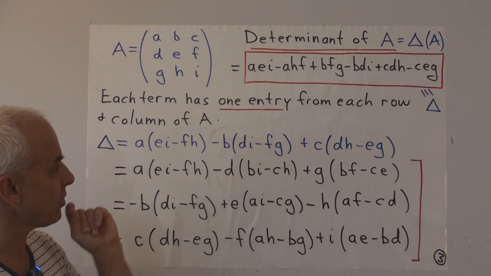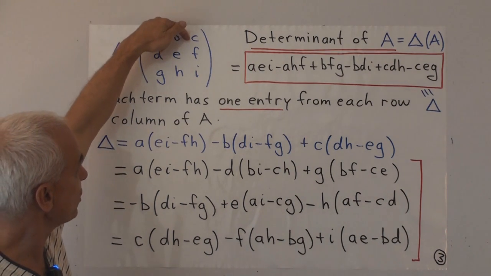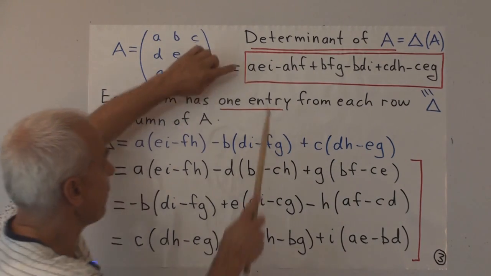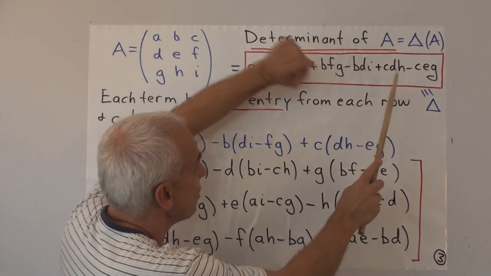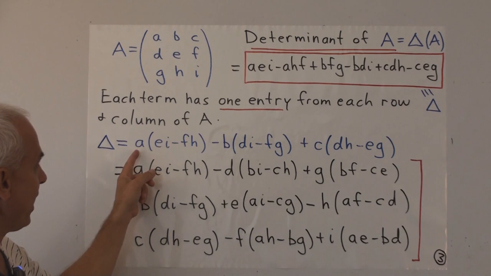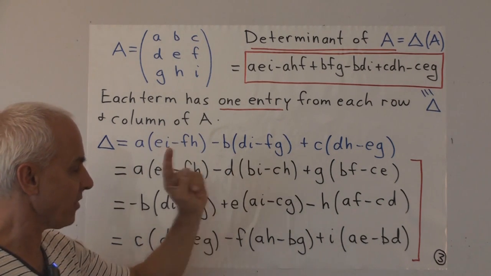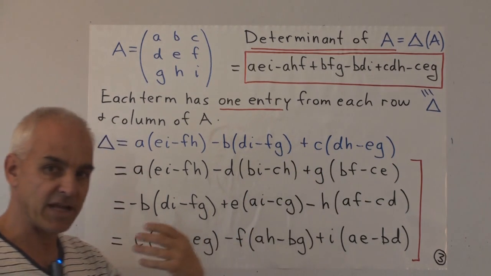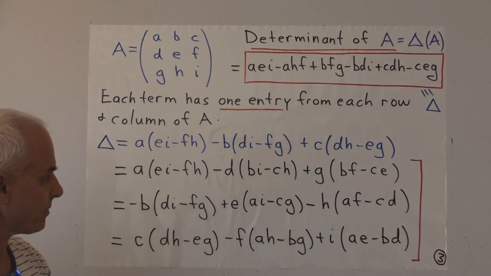First of all, we're going to think of it as how it depends on the entries of the first row, just A, B, and C. So we're going to look for the A's. There's 2 A's there, and that's all. There are 2 B's right there, that's all. And there are 2 C's right there. So we can factor it: A times this, and I'll put a minus B times this for reasons that will become clearer later, plus C times this. So I'm just expressing it as a function of A, B, and C.